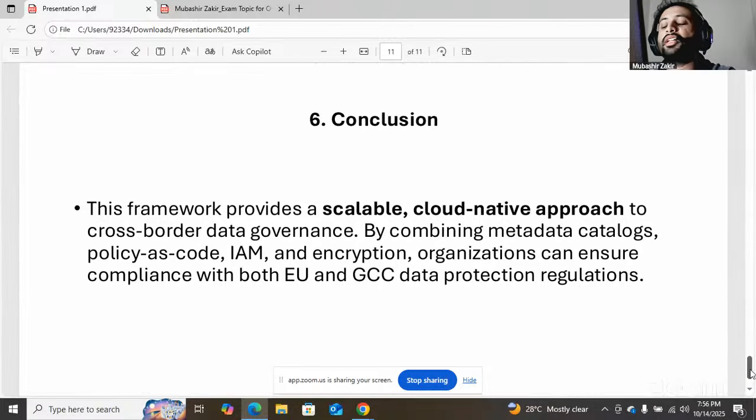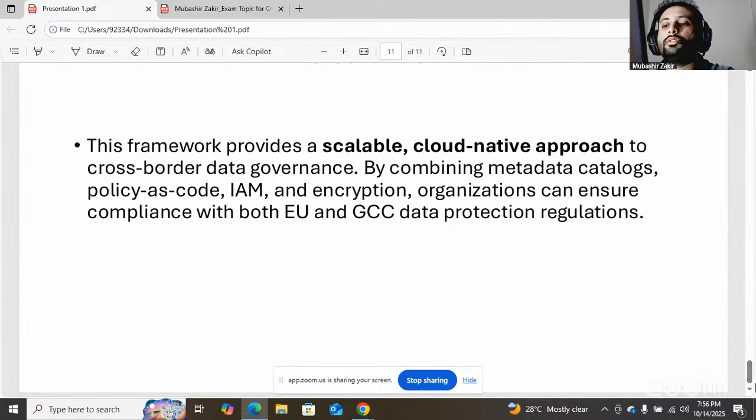So it basically depends on microservices. So this is a modern approach, and this cloud native approach is the way forward for the sustainability of our code. So that's it from my side.